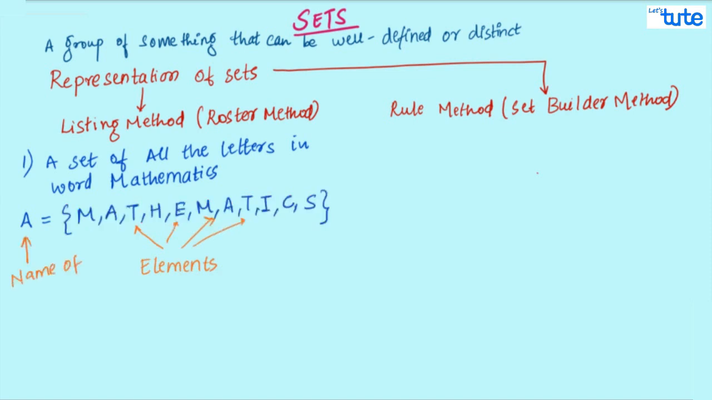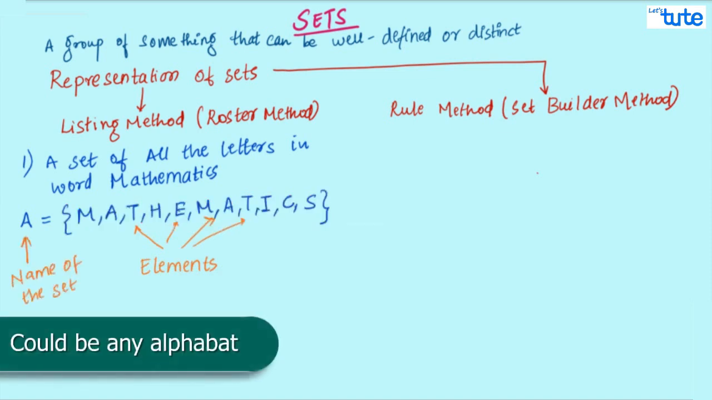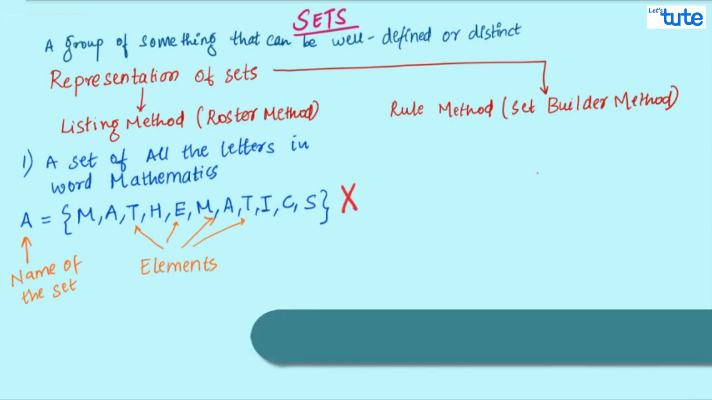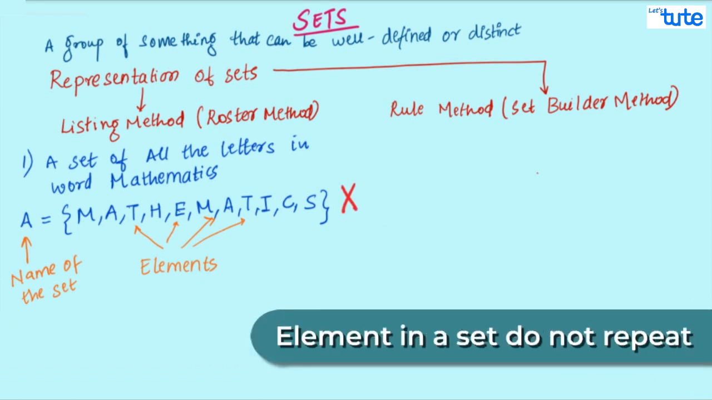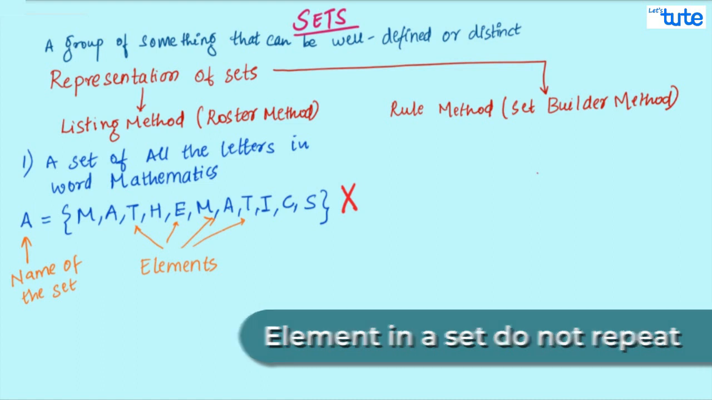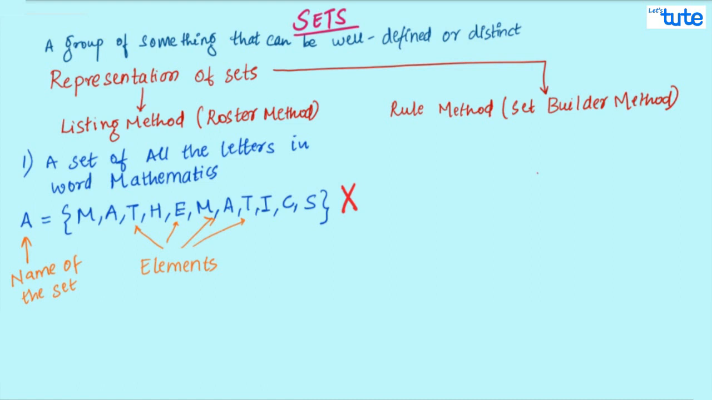A or any letter can be used to represent this set. However, there's one tiny mistake in this set. The elements in a set are never repeated. Every element appears just once in a set. Hence, the solution for the set of all the letters in the word mathematics will be A is equal to